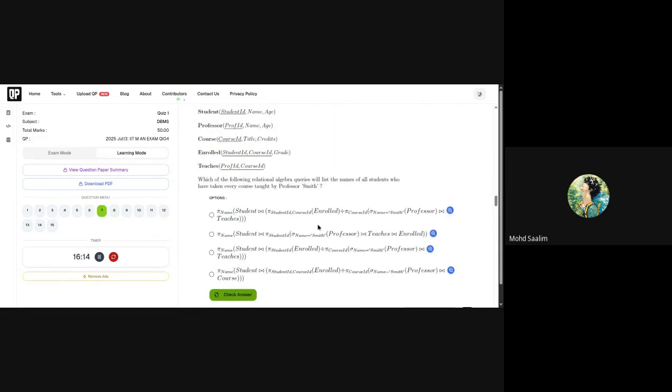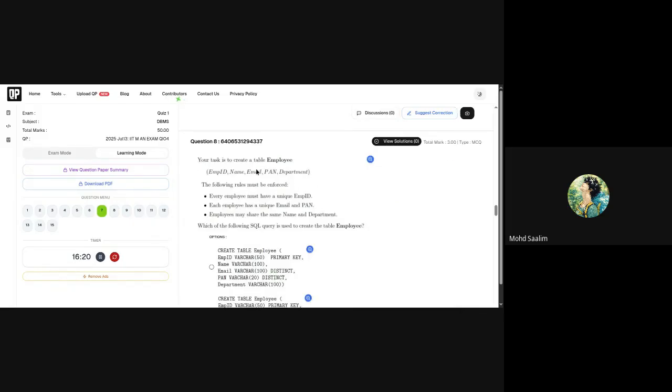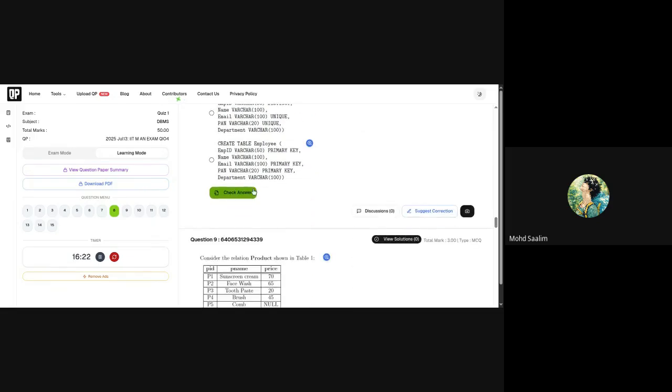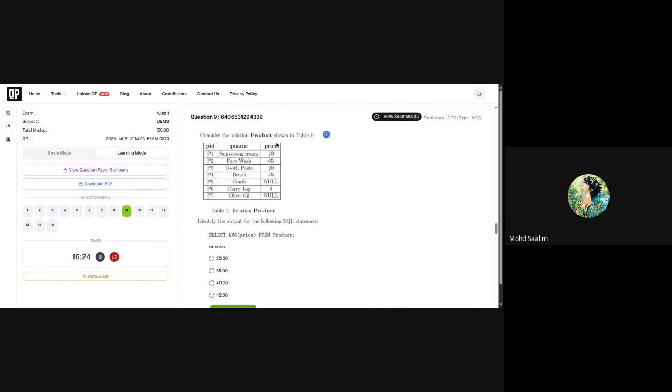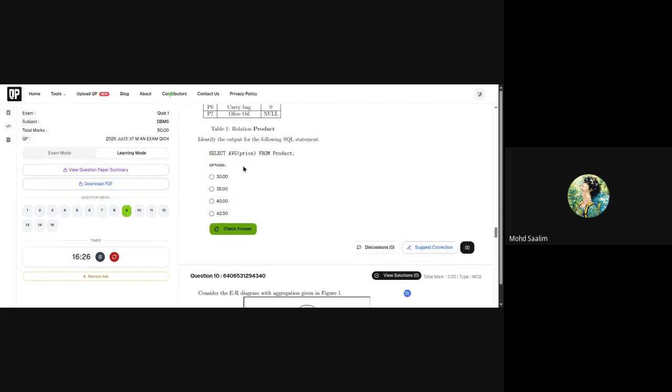So this is again related to relational algebra. So I will add +1 for that. Simple SQL. In this, the product table is given. They are asking just for the average. I don't think it is complex at all. Basic SQL.